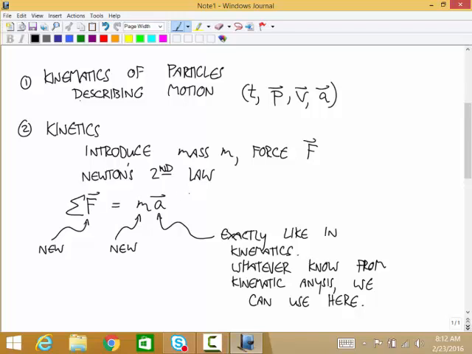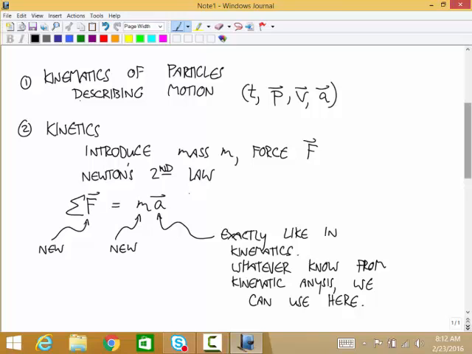So I want you to just remember that this acceleration on the right side of Newton's second law is the same acceleration we've been dealing with all the way up until now. Any kind of kinematic analysis you can do of the problem, you can use in this acceleration. The new stuff, the free body diagrams and all that, is mainly about representing the left side of Newton's second law, okay?